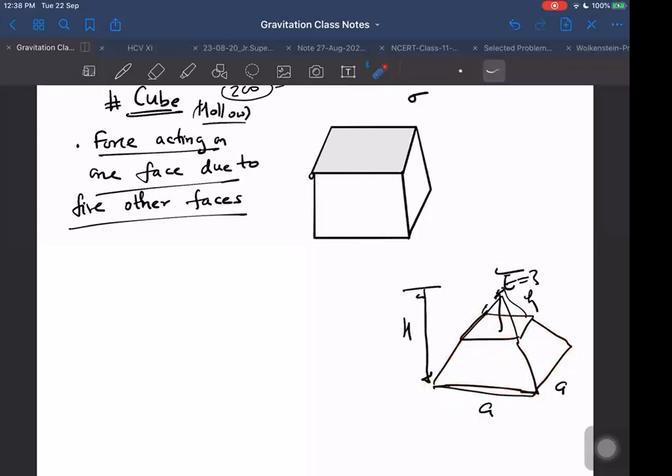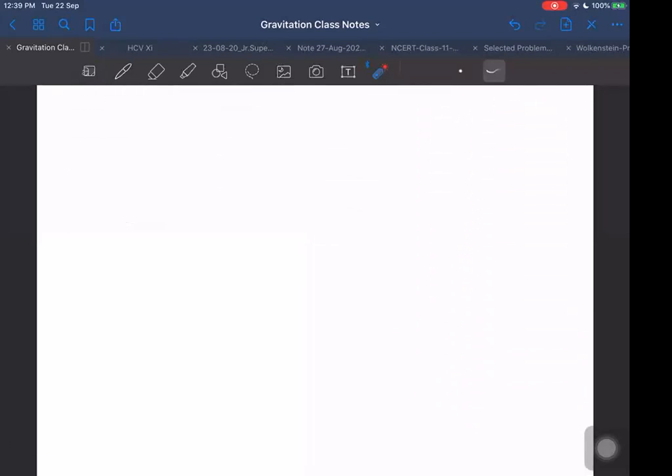Otherwise not. For example, I took the question of the frustum, but now I give you the question for the truncated pyramid, a pyramid with a square base of dimension a, where the closest face is at a height h, and the farthest opposite side is at a distance capital H. At the vertex, we have to find the field due to the truncated pyramid. You should be able to do such questions also. If I modify it a little bit, you should be able to do that too. If you have achieved that level, then you are already at the level of Olympiad. Then it is not anything difficult for you.